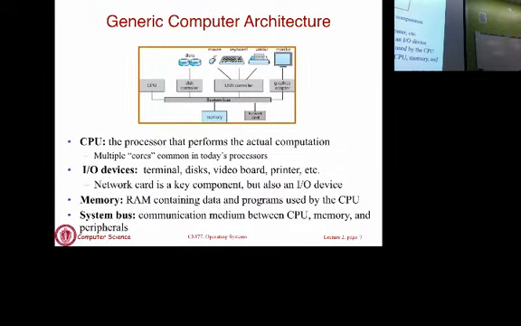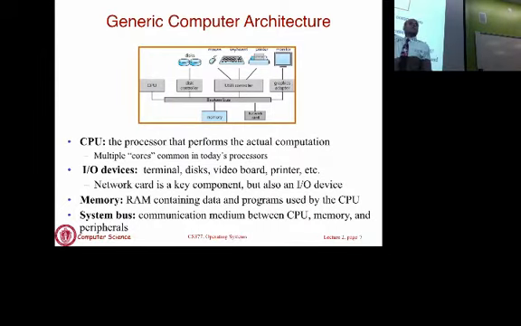Okay, so here is a slightly simplified depiction of what I showed on the previous slide. So from our perspective, the key components that we are going to worry about are shown here. Okay? So there is the CPU. There are I/O controllers. We see a disk controller, a USB controller. There's a graphics card, which is a graphics controller, and then we see I/O devices.